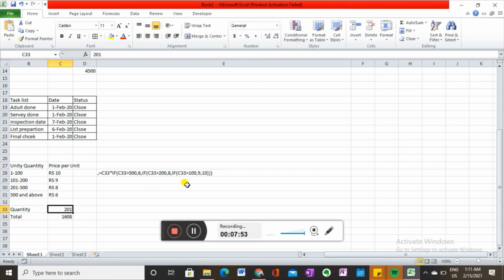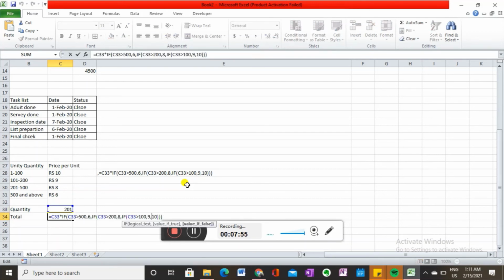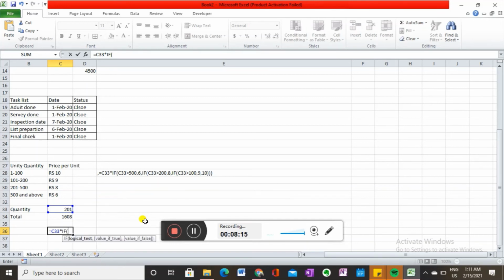Sometimes I don't know what happened with my equal sign, then I copy it from here. Copy over the quantity in C13, multiplied by IF. Start your nested IF condition.